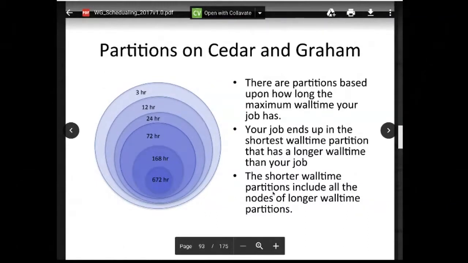Another thing that we did is we based different partitions upon the maximum wall time of your job. So the partitions are 28 days, 7 days, 3 days, 1 day, 12 hours, 3 hours. So if you require more than a week, you're going to be in the 28-day partition, for instance. And this reserves jobs for